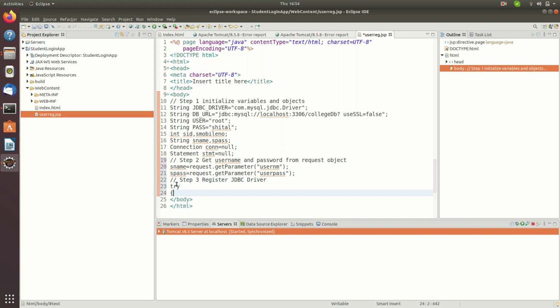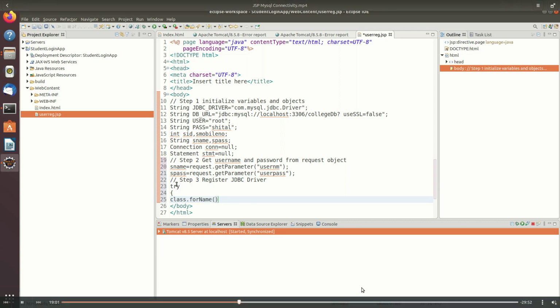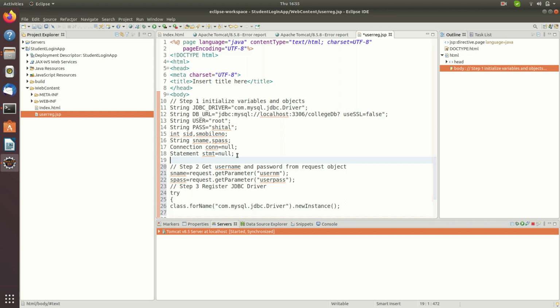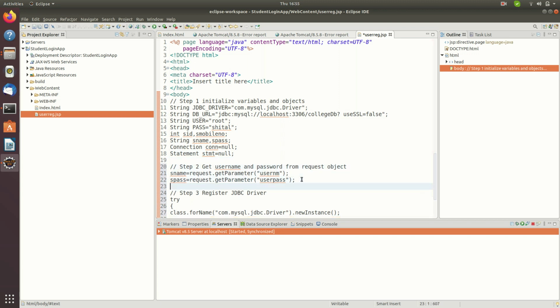The third step is now onwards we will be actually using the objects of the SQL class. So first we will write everything in the try block, and in the try block to load a driver manager class we will require Class.forName, and we have to specify the driver com.mysql.jdbc.Driver newInstance.